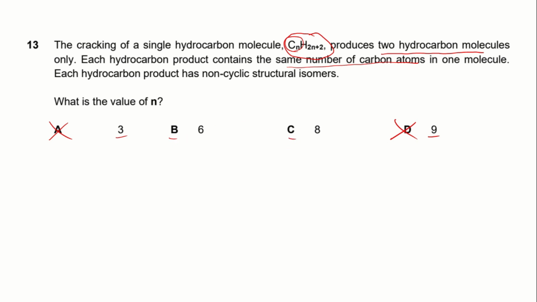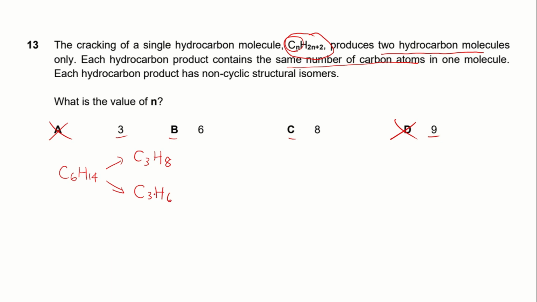So B, if the starting molecule is a hydrocarbon with 6 carbon, C6H14 became two molecules with the same number of carbon atoms. So that means 3 carbon, 6 divided by 2, right? C3H8. The other one will be an alkene,